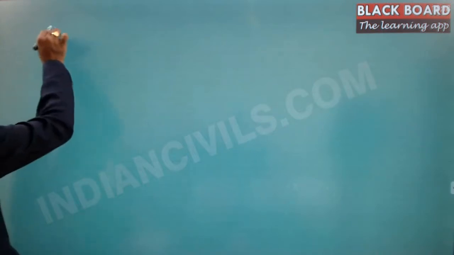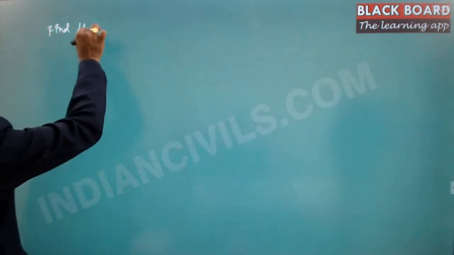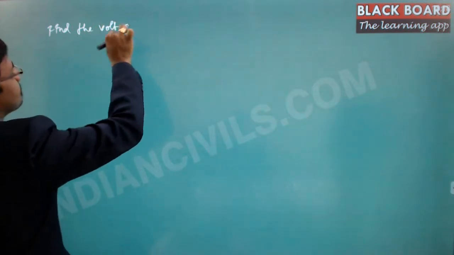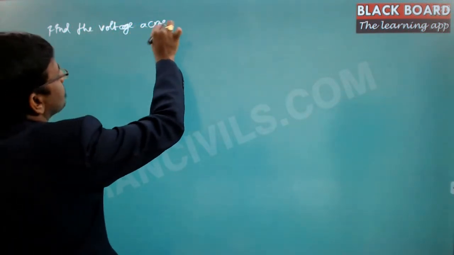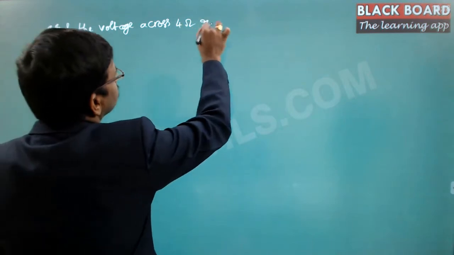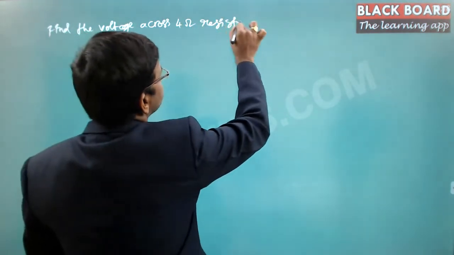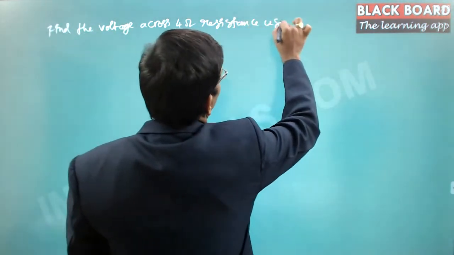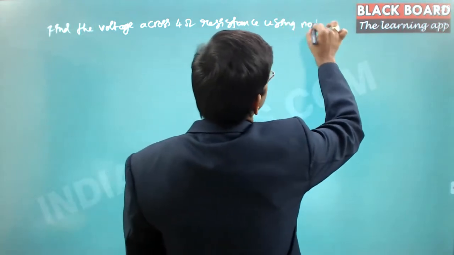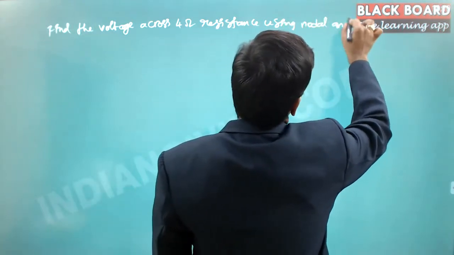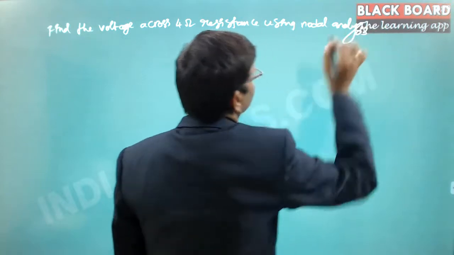For the circuit shown in the figure, find the voltage across the 4 ohms resistance by using nodal analysis. So the network is,